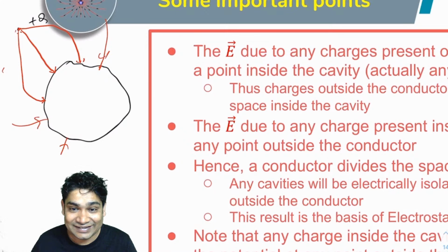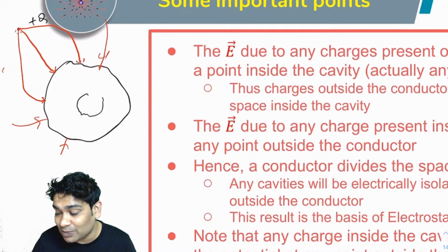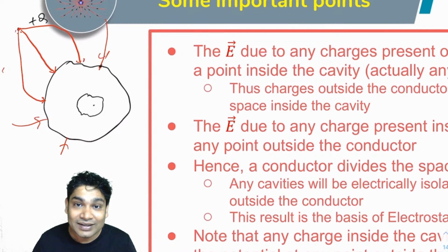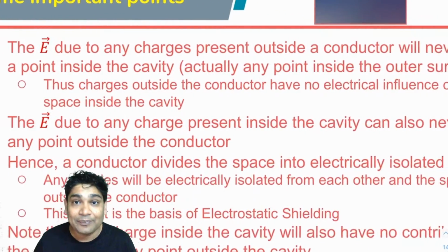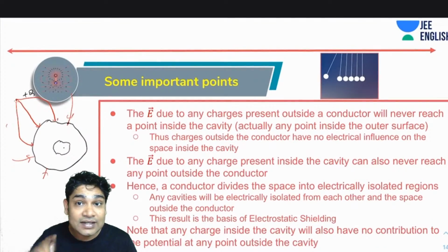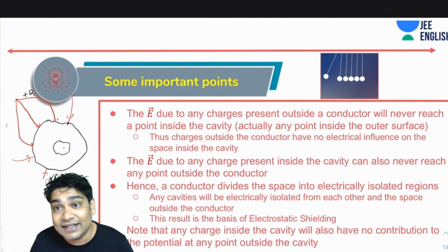Yes, that is what a cavity is. A cavity is a hole inside something. So if you have a hole here, an empty space here, these field lines can never reach here. This electric field will never be able to reach this point, this hollow space inside a solid. Okay. Next, similarly, the electric field due to any point charge which is kept inside the cavity can